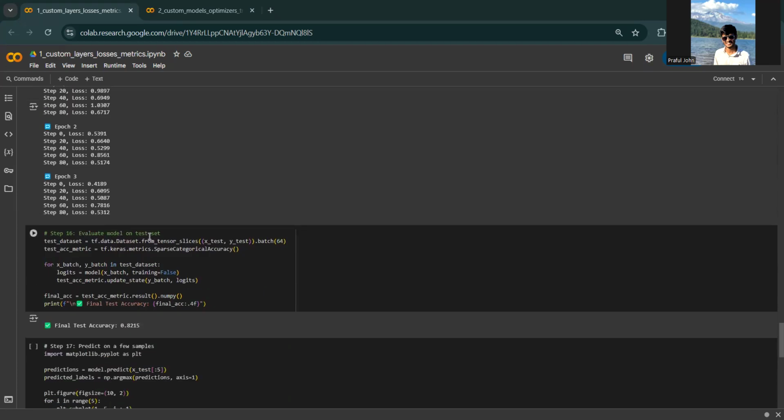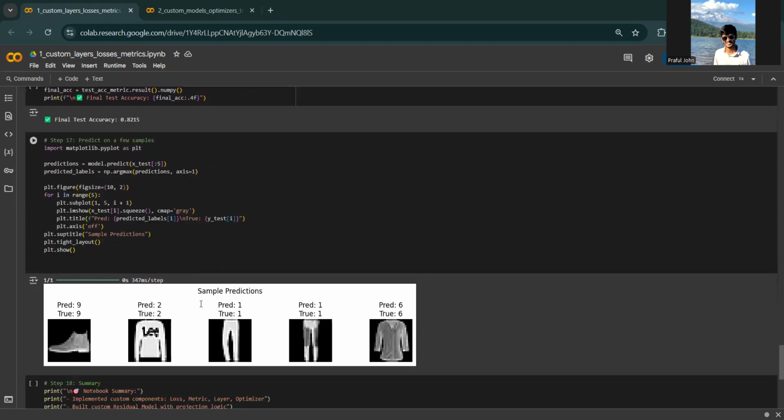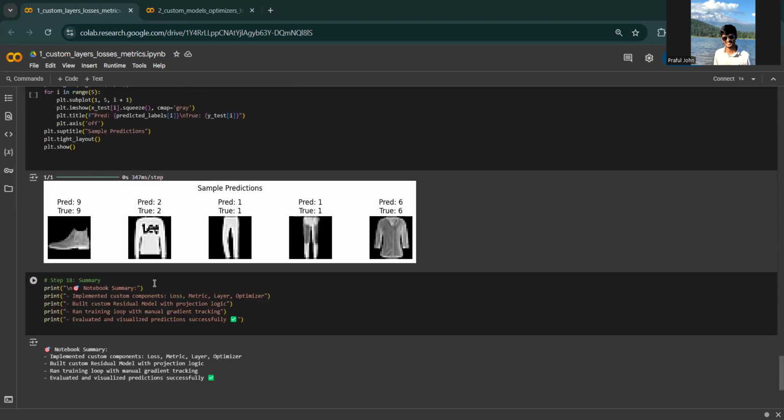Once we're done with that, we'll evaluate the model. We got an accuracy of 82%. And this was the Fashion MNIST model data. What we predicted, the summary is that we implemented custom components, loss, metric, layer, optimizer, built a custom residual model with projection logic, and ran a training loop with manual gradient tracking and evaluated and visualized predictions